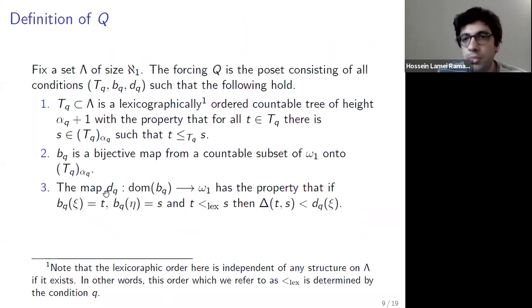And it's important to mention that when we forget about DQ and we assume CH, we can easily substitute omega-1 by omega-2. The resulting forcing is going to satisfy the omega-2 chain condition, and it's going to create a Kurepa tree. But if we keep DQ and we substitute omega-1 by omega-2, and we apply this forcing, we're going to collapse omega-2. So DQ is adding some obstruction to this forcing, and this forcing is not as flexible as the well-known forcing for creating a Kurepa tree.